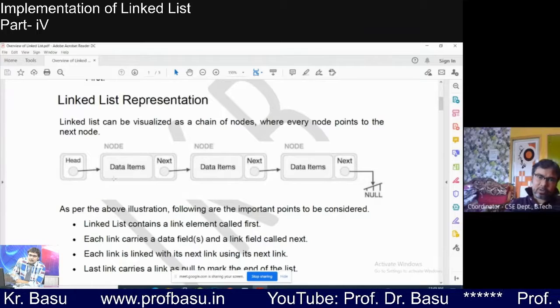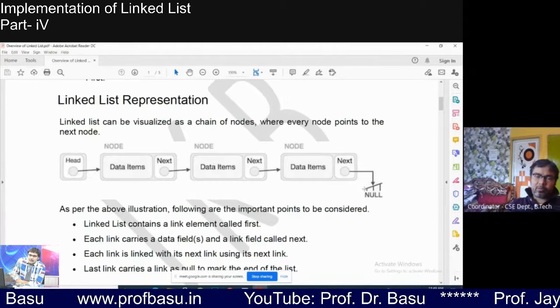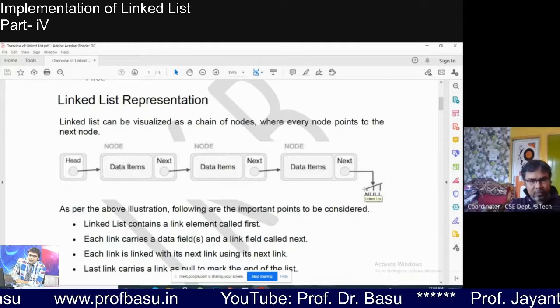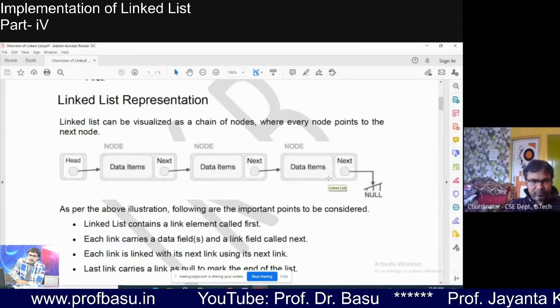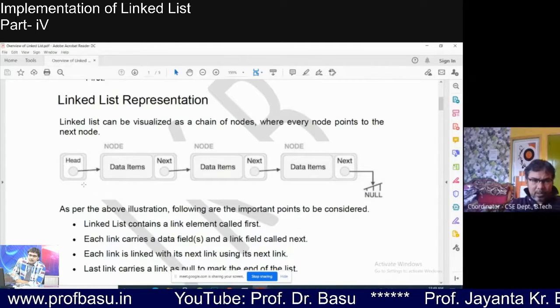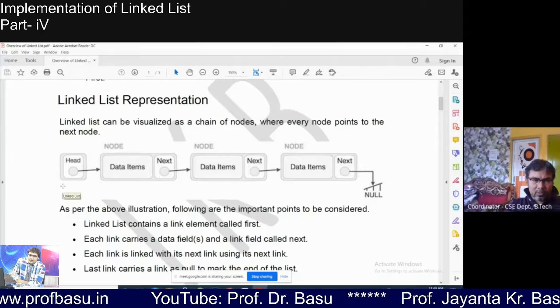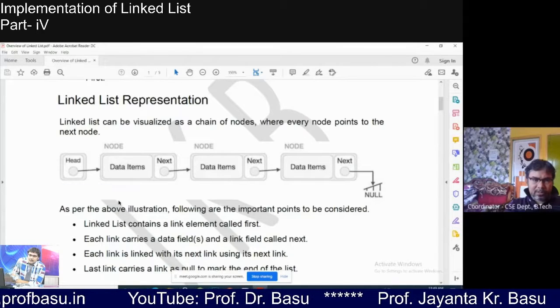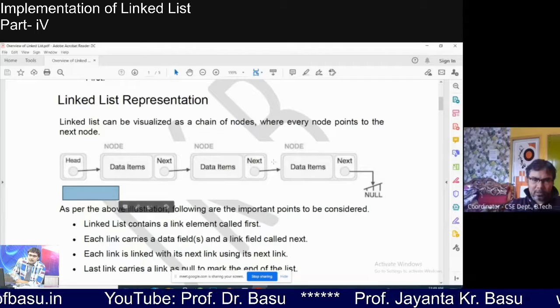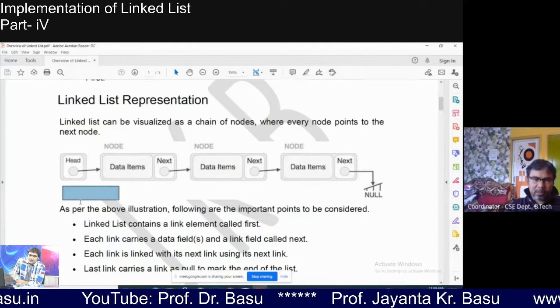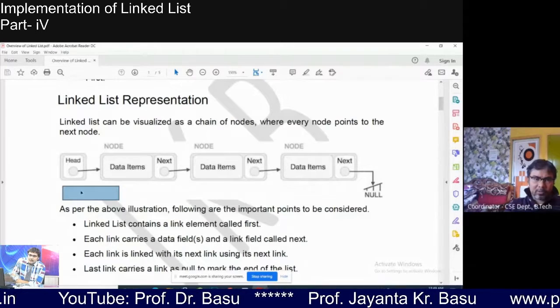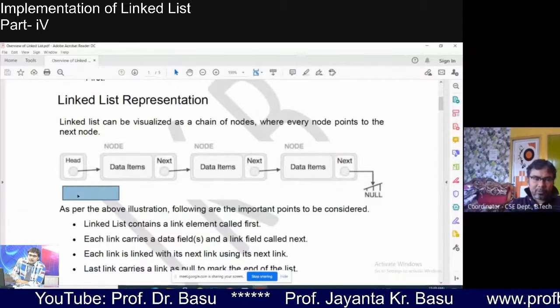Otherwise, you will not get the remaining part of the list; it will be lost, right? And how do we do that? This temp has two parts, like all nodes, the data part and the next part. In the data part we have taken the data info,